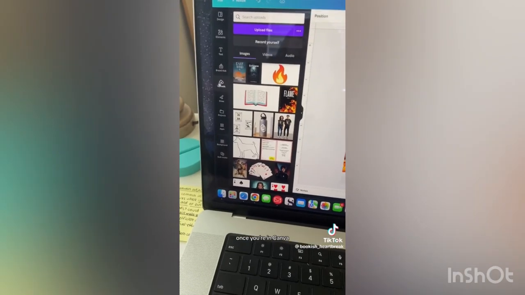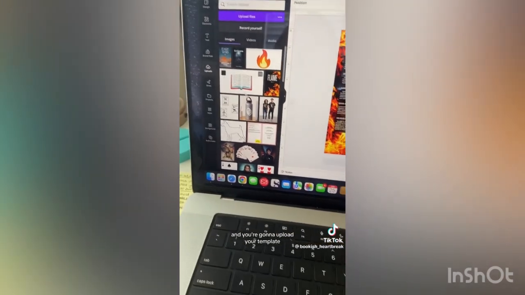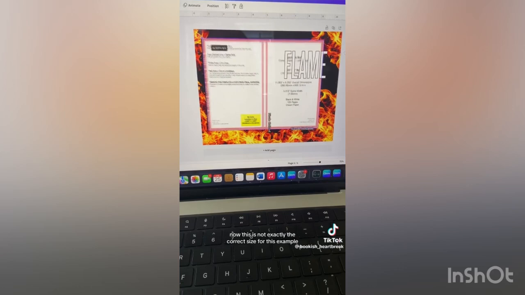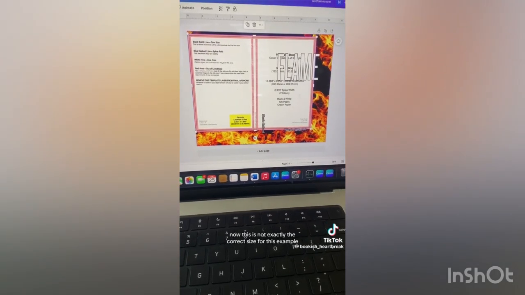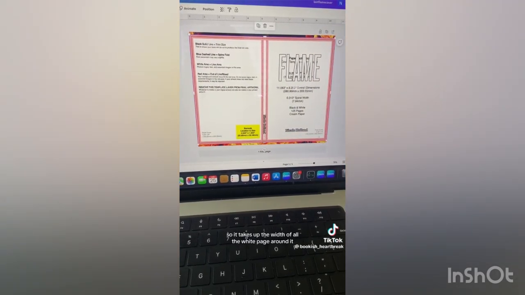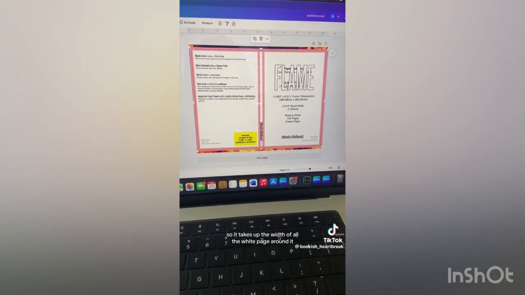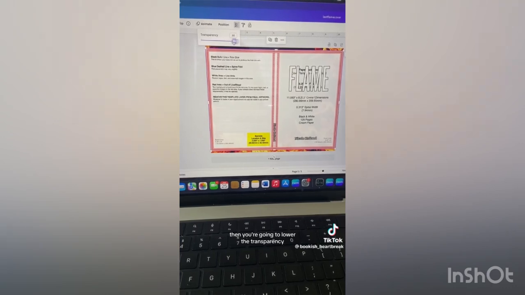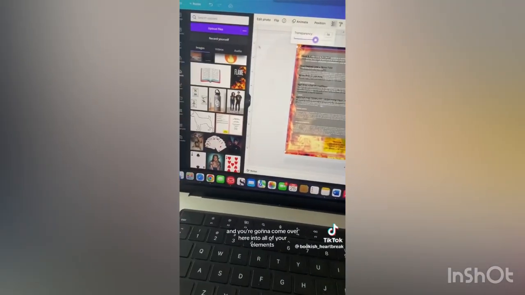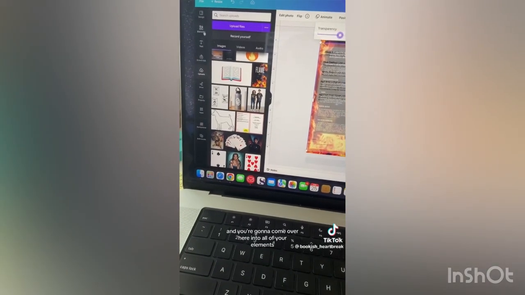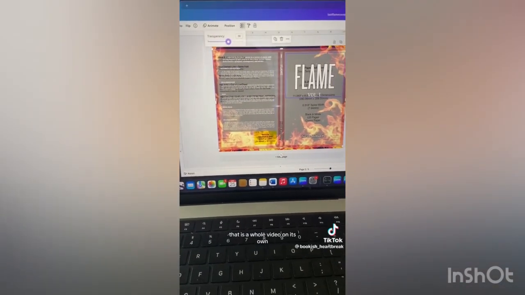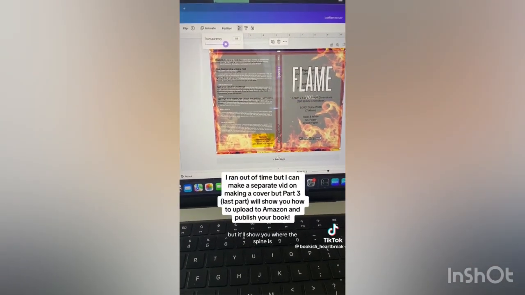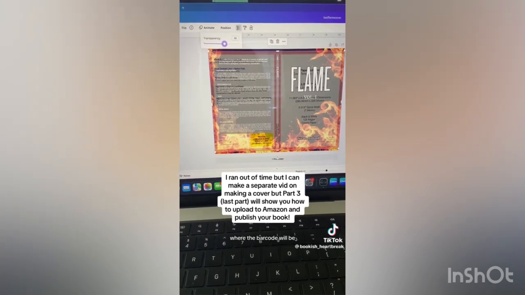Once you're in Canva, you're going to click Uploads, and you're going to upload your template. It'll show up here. Now, this is not exactly the correct size for this example, but you're going to expand it so it takes up the width of all the white page around it. Then you're going to lower the transparency, and you're going to come over here into all of your elements, and you're going to create your book cover. That is a whole video on its own, but it'll show you where the spine is, where the barcode will be, and